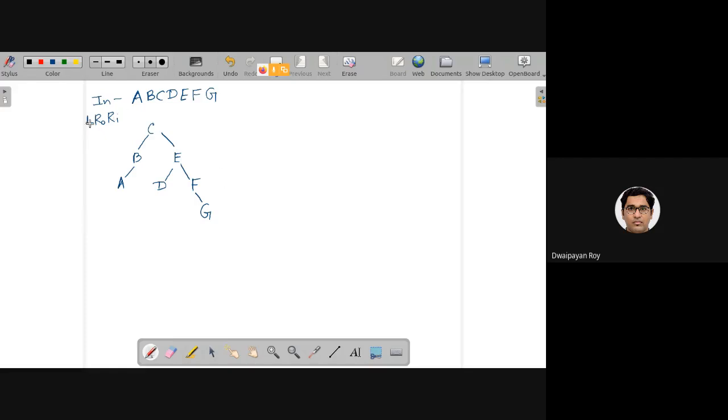The in-order traversal is left, root, right. So the root will be traversed after the left subtree is totally traversed. So left, left. What will be the first node to be visited, to be processed, in the in-order traversal?